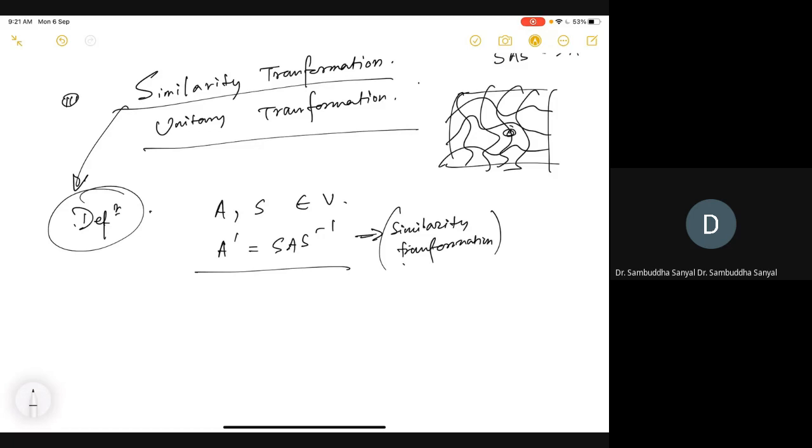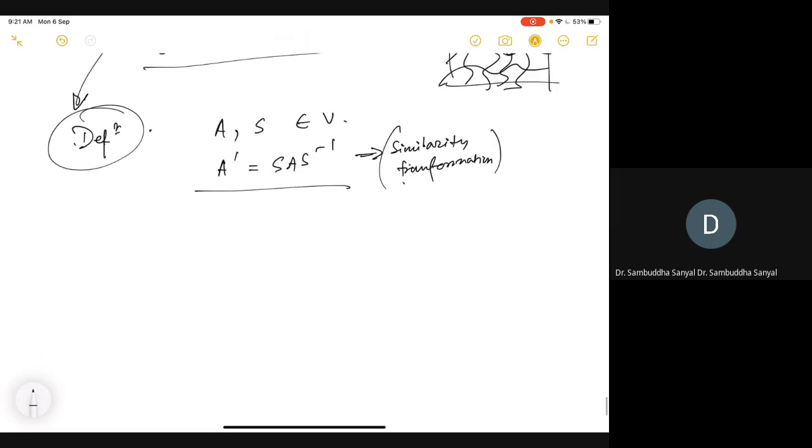So the first desirable property is that when these two operators are connected by this, they are called similar, A and A prime, and that's why this transformation is called similarity transformation. Why are they similar? Because they have some property. So let me give it in terms of a theorem. If I have the following eigenvalue equation for A, okay, then this object A prime must have the following eigenvalue equation.